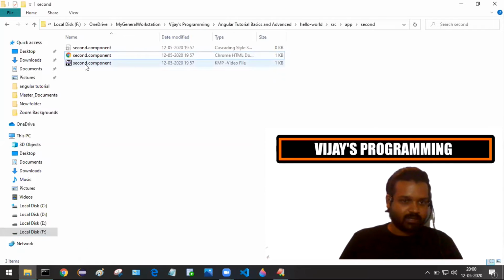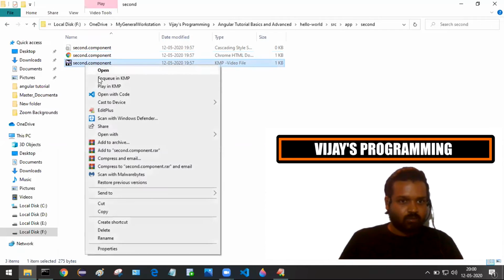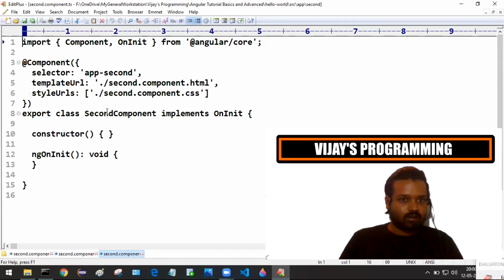Now the third file that has been generated by Angular, that is second.component.ts. What content is available inside this file? As you can see, it is very similar to what we saw when we created our app in the beginning, right?